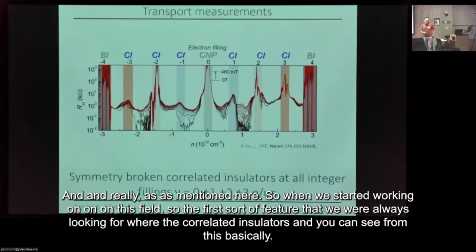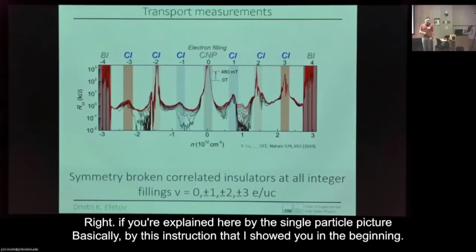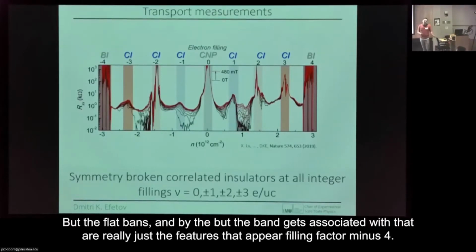You can see from these transport measurements, if we measure resistance as a function of density, or in other words, as a function of filling factor, that the features explained by the single particle picture, by the band structure that I showed you in the beginning, the flat bands and the band gaps associated with them,